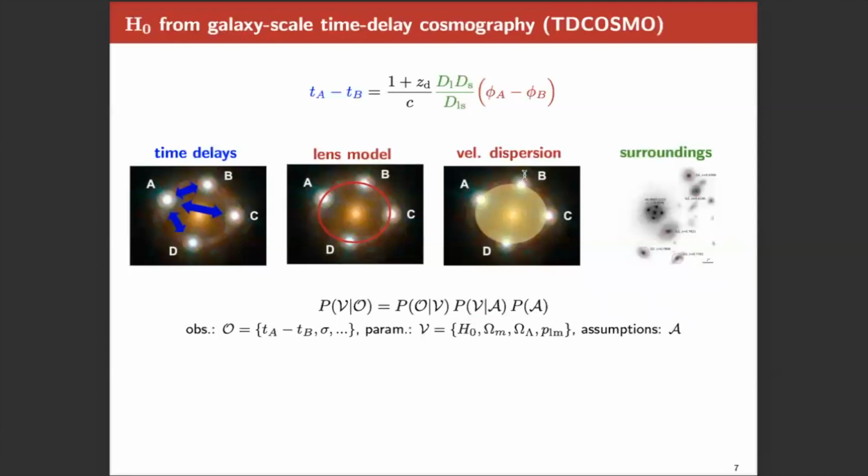For instance, in galaxy scale time delay cosmography, as for instance done in the TD Cosmo collaboration, they measure the time delays, they also measure the relative distances between the images, and they use such a power law lens model in order to alleviate the degeneracies in the lens plane. In addition, to further break degeneracies, they use kinematical information from velocity dispersions along the line of sight. And as I told you, to break the degeneracy between cosmology and the lens, they also have to take a look into the surroundings of such a lens to find small scale perturbers that are not in the lens plane here and are not in the lens.